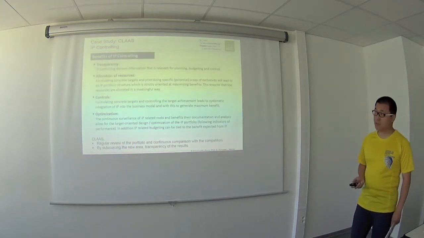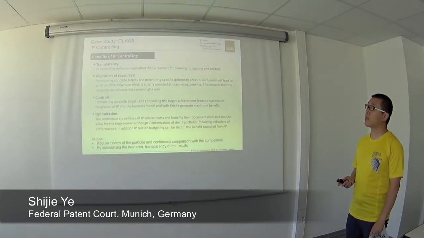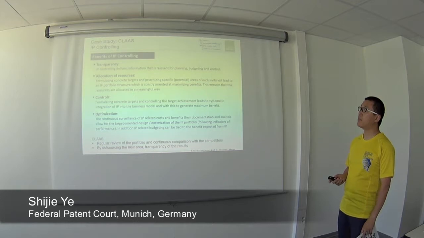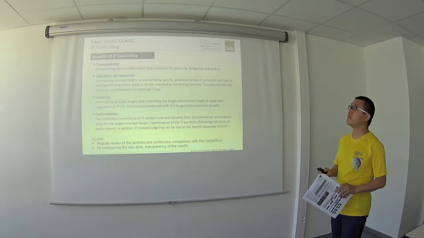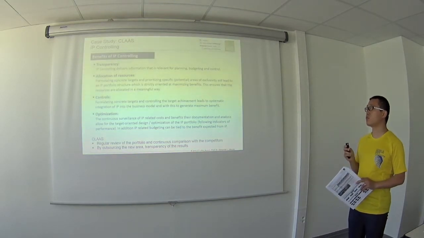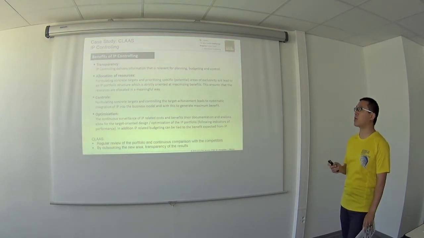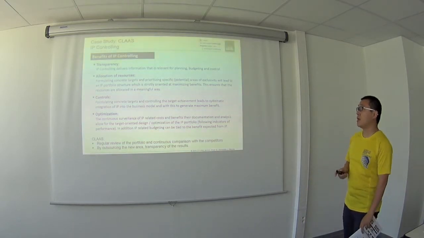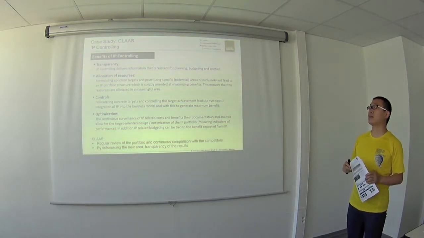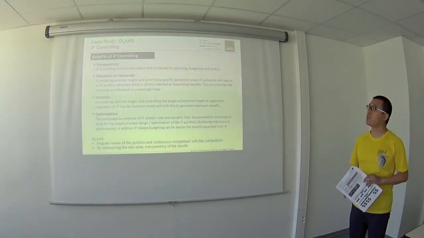We also have to consider doing continuous controlling when we do implementation of our IP strategy. And the benefit of the IP controlling is the transparency. The IP controlling can give us information which is relevant to plan for targeting and for control, and also the allocation of the resource, so that we can formulate the concrete targets and parallelize the specific areas of exclusivity, which will lead to an IP portfolio